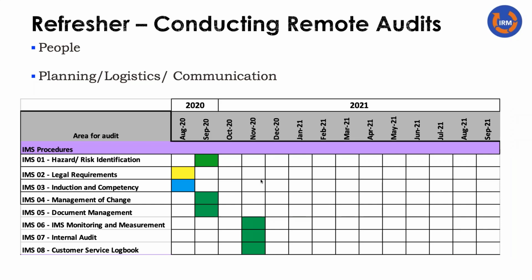Continuing just that refresher around conducting remote audits, we did say in that previous webinar that in any audit, a key success factor is managing people successfully. Auditees who are intimidated or threatened by the process are not going to offer much information during the audit process. So managing people, reinforcing what the audit objective is about. It's not about the system or finding fault with what they're doing. Can be really important in any audit, but